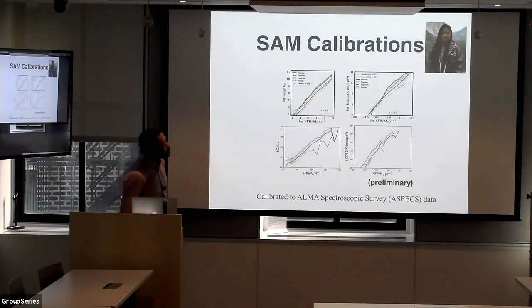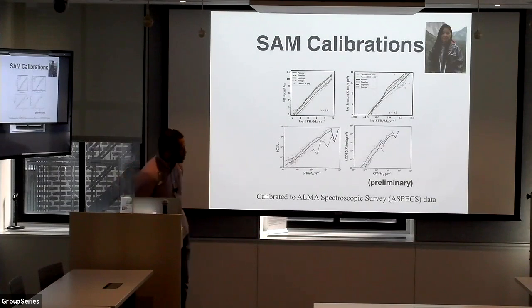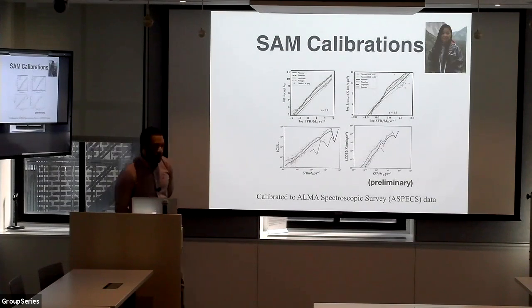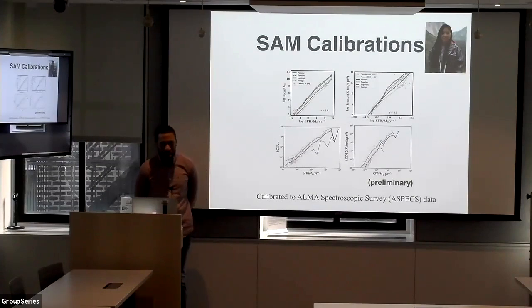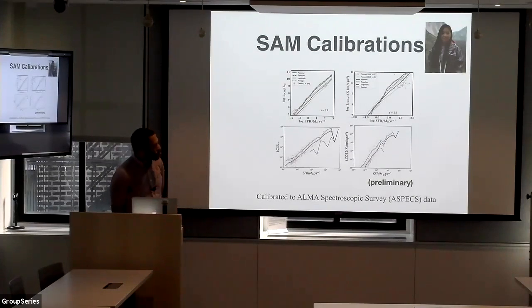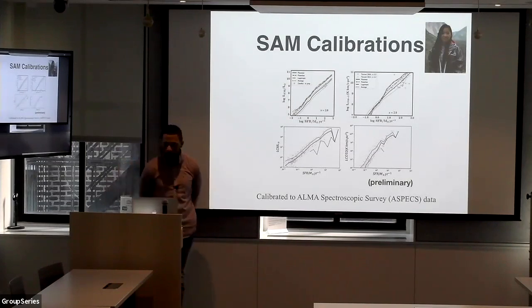What we were able to do first was calibrate the luminosity star formation relation from ASPECT data, and our SAM was able to fit that. This is work we're doing in collaboration with Rachel Somerville. It's related to, though not technically part of, the small collaboration with Rachel Somerville and Greg Bryan. So this is the first thing she was recently able to do.